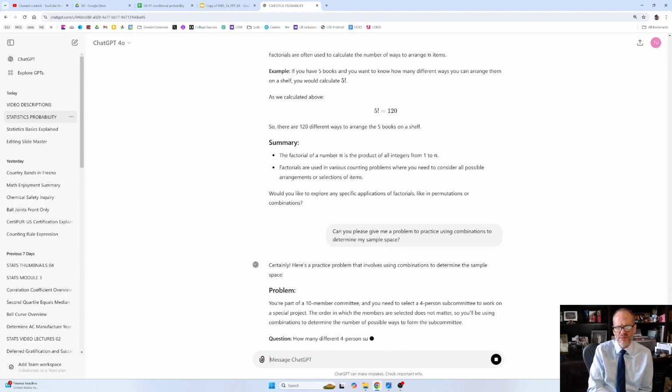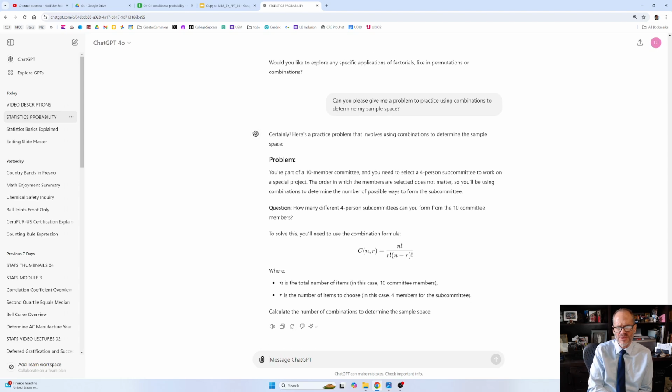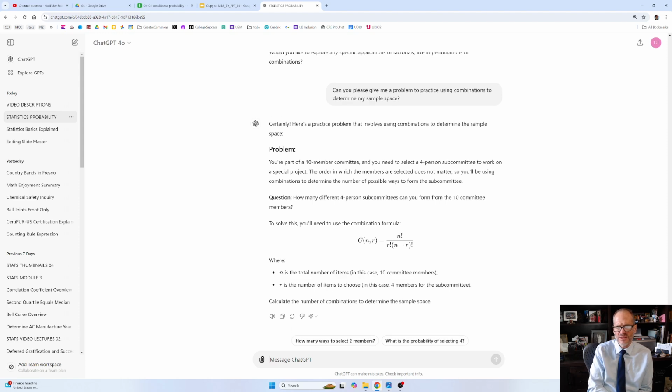Certainly, here's a practice problem that involves using combinations to determine the sample space. Problem: you're part of a 10-member committee and you need to select a 4-person subcommittee to work on a special project. The order in which the members are selected does not matter, so you'll be using combinations to determine the number of possible ways to form the subcommittee. How many different 4-person subcommittees can you form from the 10 committee members? To solve this, you'll need to use the combination formula, where N is the total number of items, in this